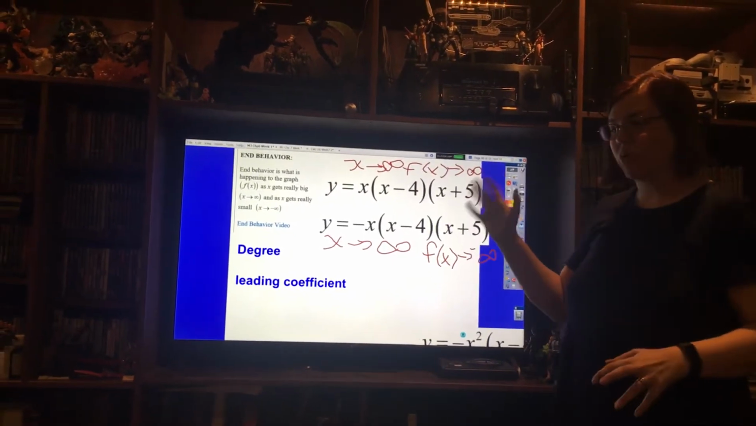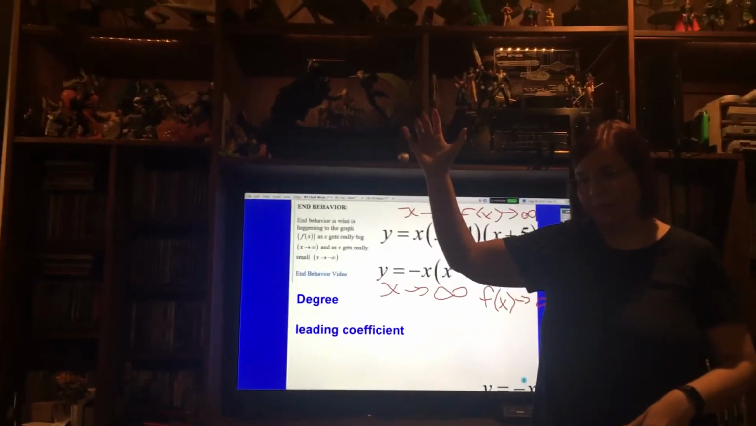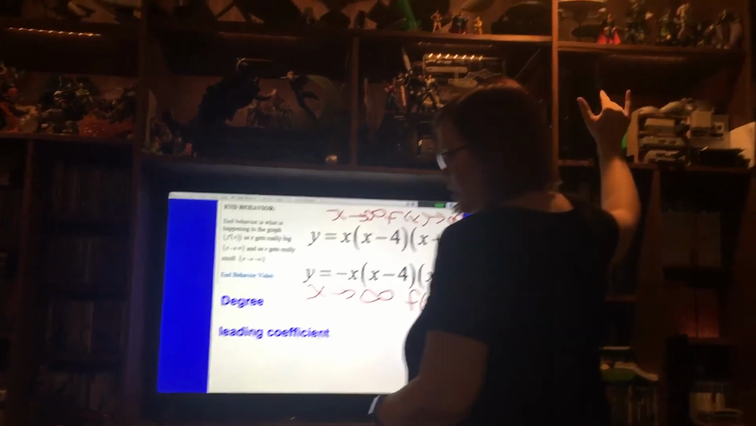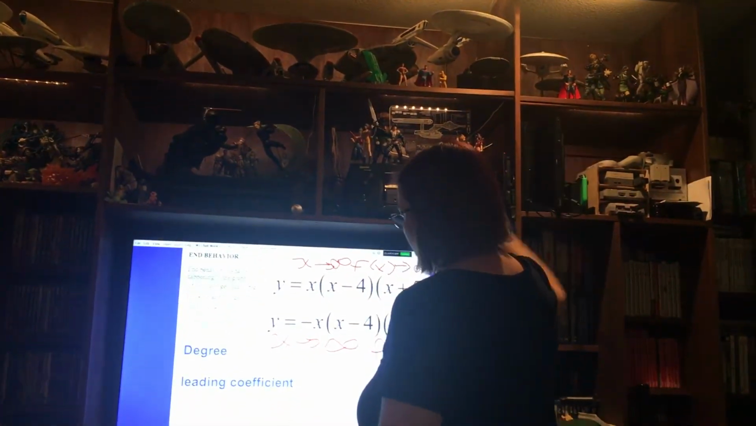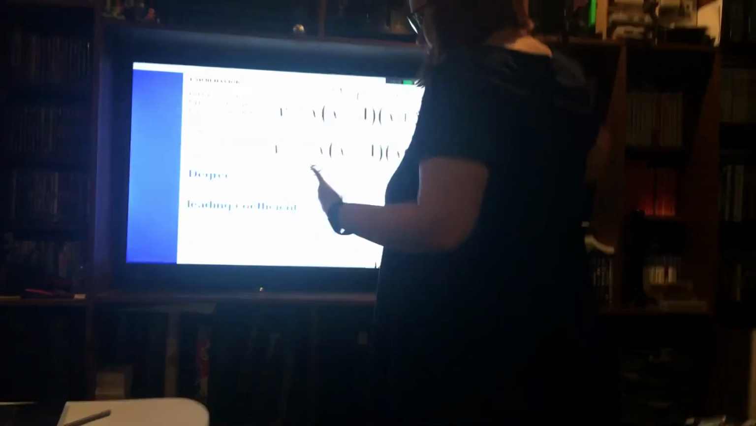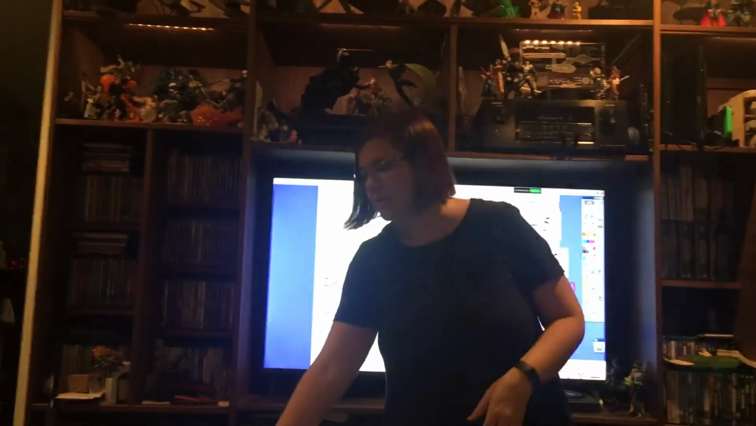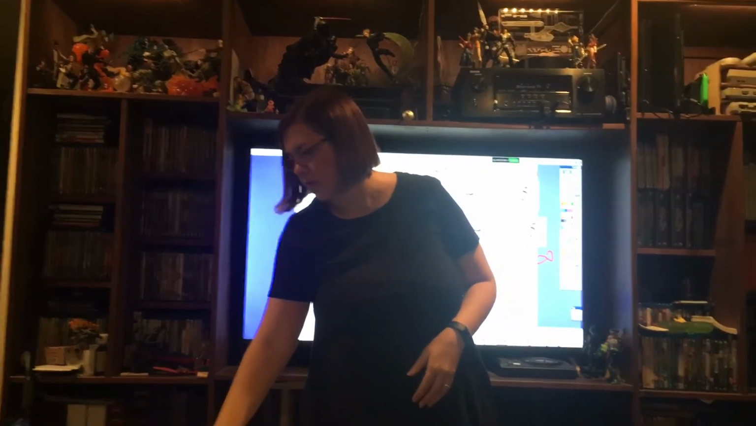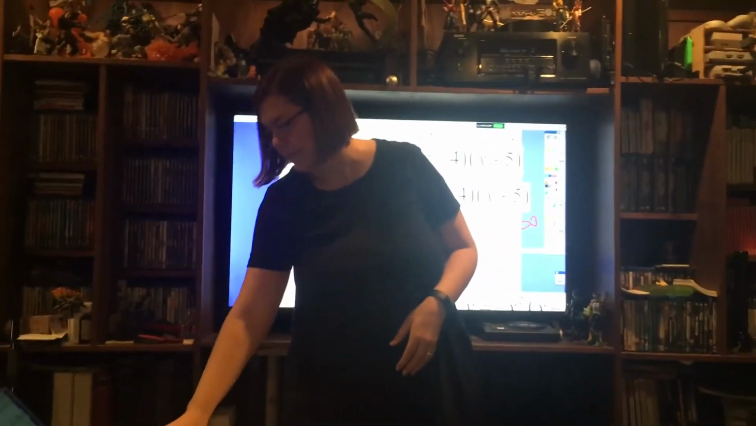And that's the most important side, because the right side always goes up if the leading coefficient is positive, whether the degree is even or odd. Always goes up. So that's the key. The key here is the degrees and the leading coefficients. So backing this up,